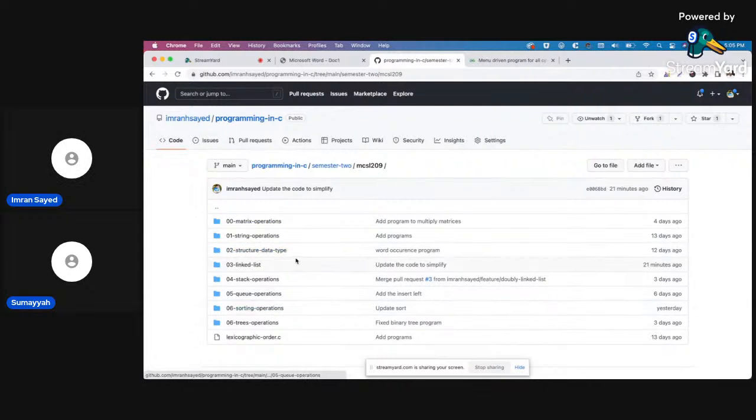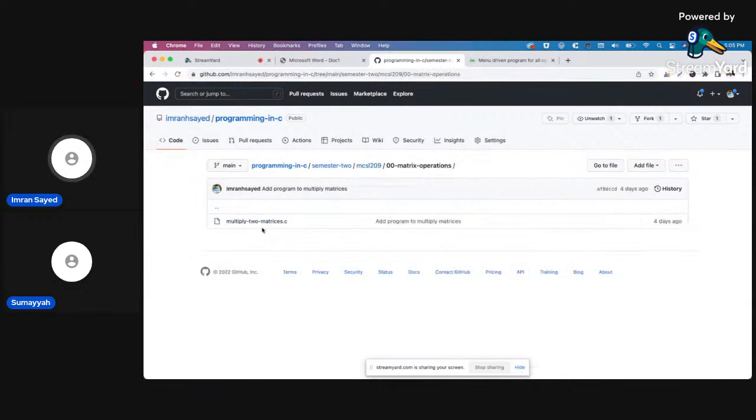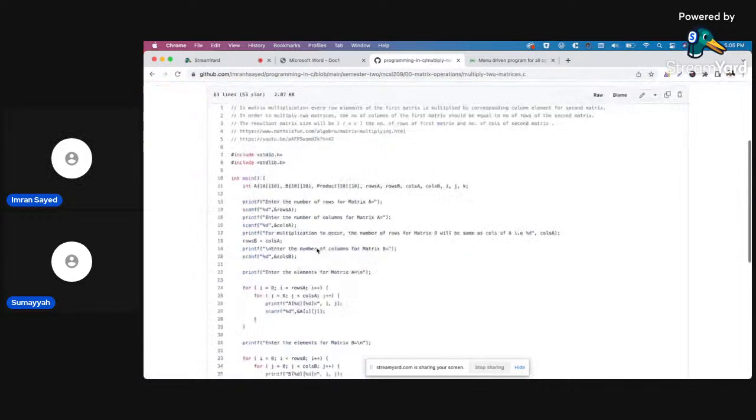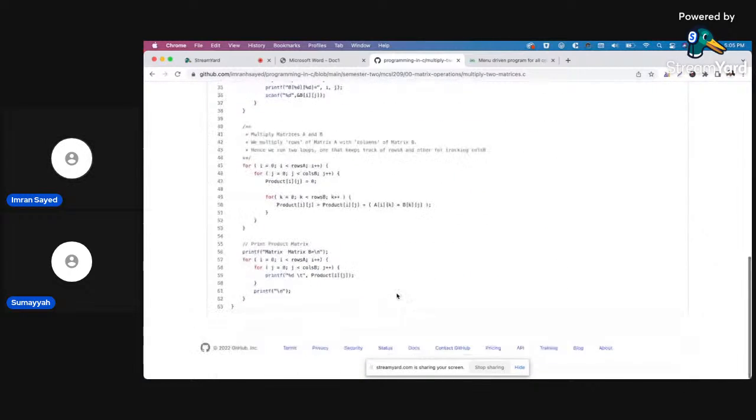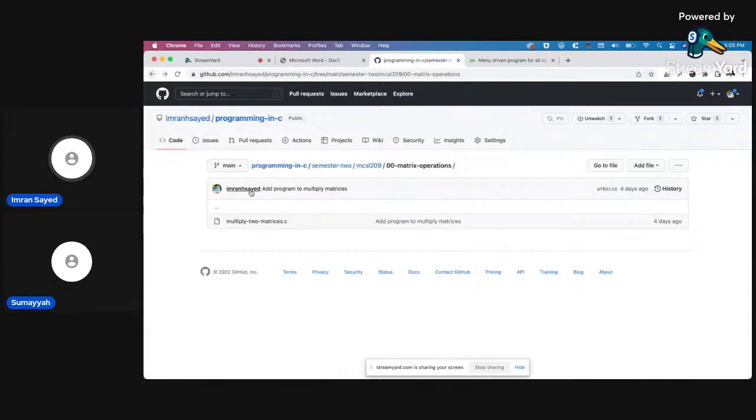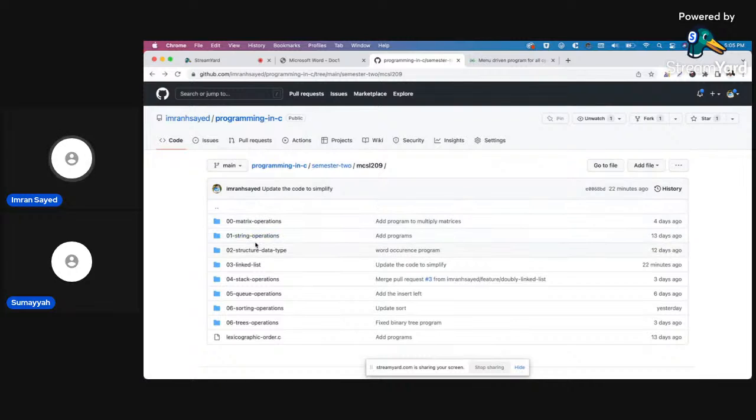Those matrix operations, I put that there. I put the YouTube link also, which will give a quick understanding if somebody wants to take a look at it. But comments are self-explanatory if somebody already knows it.